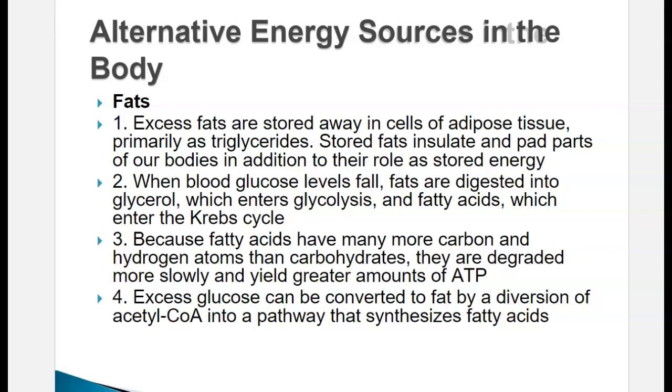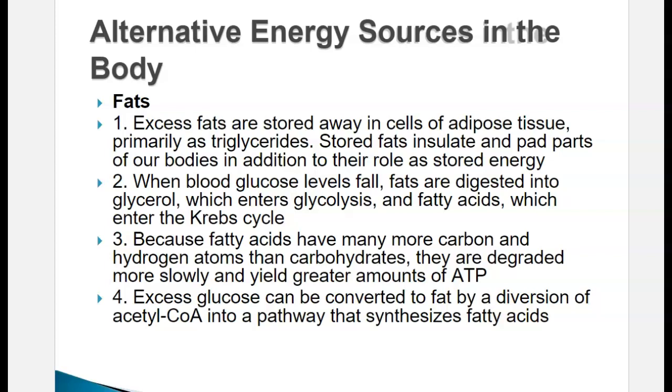So another source is fat. We've got enough of that, don't we? Look around. We take excess glucose. When you have a diet that is high in glucose, it clogs up your Krebs cycle. Your body will take that pyruvate and that acetyl, and if it can't go into the Krebs cycle, it turns it into fat. This is a triglyceride, if you will. And it puts it into your adipose tissue, and that builds up over time. You have to have a certain amount because this is stored energy. But if you look around, we have way too much now because our diets are different than they were 40 or 50 years ago.